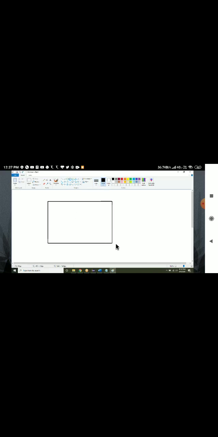There is one page. Inside this page, there is a frame. Inside this page, inside this frame, there is one more frame.